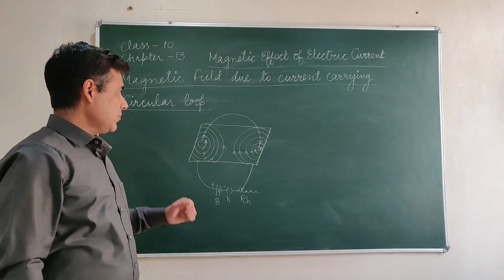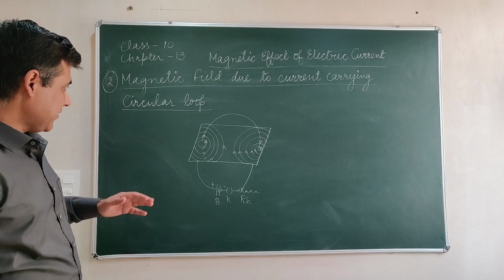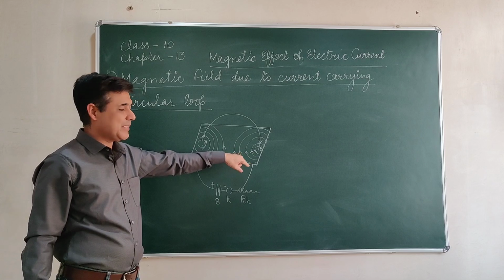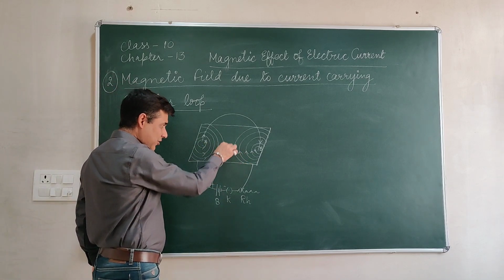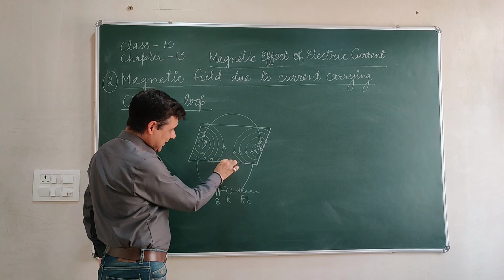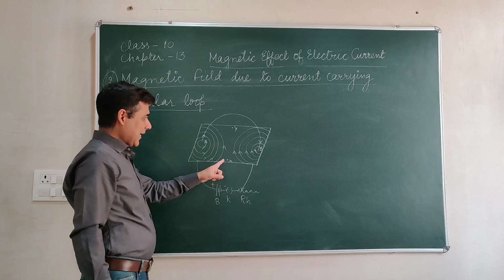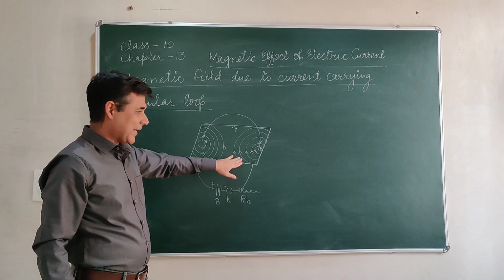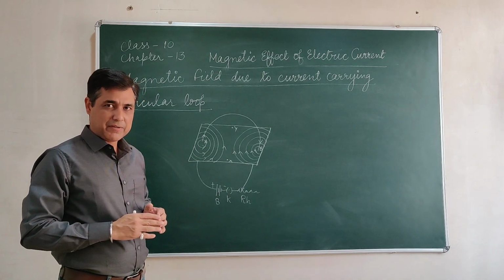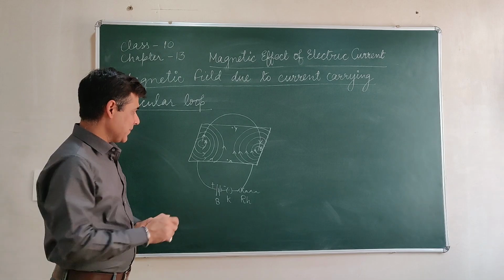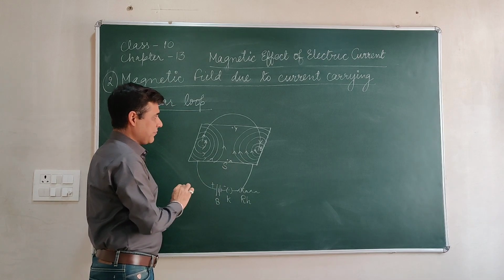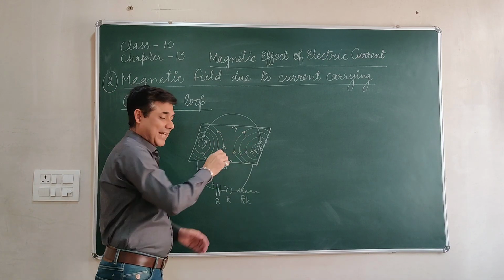Now, in the circular loop, we will be finding out the direction of magnetic field at points A and B. So at point A, according to the right hand thumb rule, it is anti-clockwise, and at point B it is clockwise. And if you look at the center of the cardboard, you can see the magnetic field lines. If I take this point as X and this point as Y, at point X you can see the magnetic field lines approaching towards each other. And in the previous section I told you, whenever the magnetic field lines approach towards each other, that particular point behaves as a south pole, and from where they go away from each other, they are diverging.